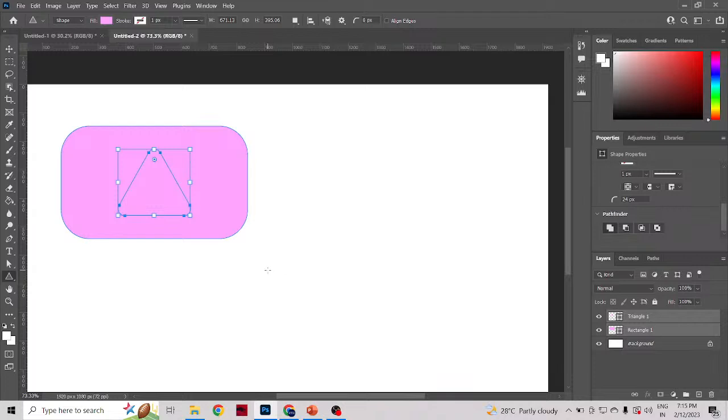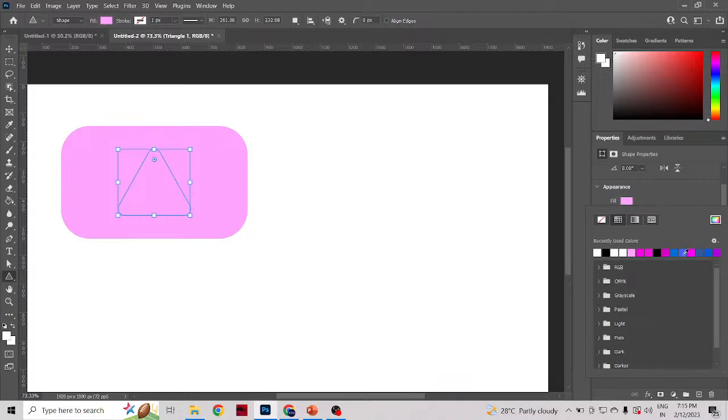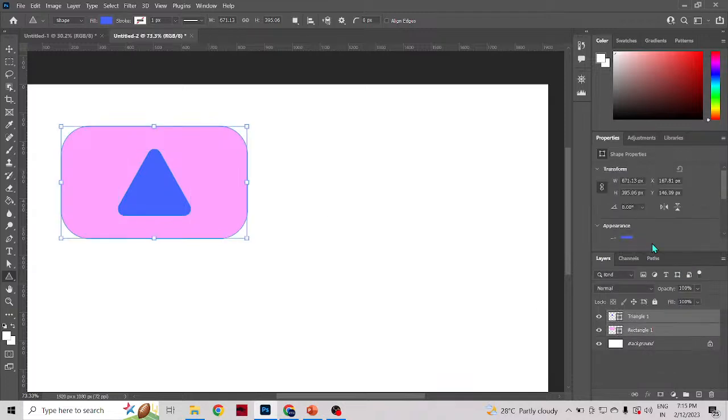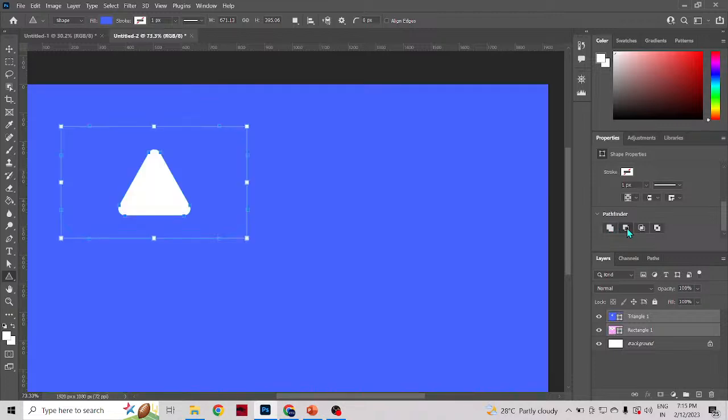Just for us to know the difference between these two, I'm selecting the triangle now, and let me bring it in a different color. I'll place in this blue as of now. Now I'm selecting both the objects together, and as I scroll down to my properties, here I'm able to see the Pathfinder. If I want both these objects to behave together, I will give this Union. The first one is Union. The second one is the